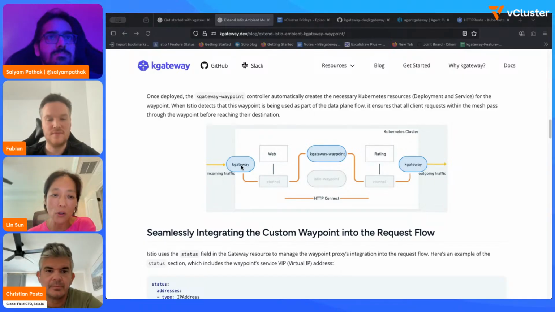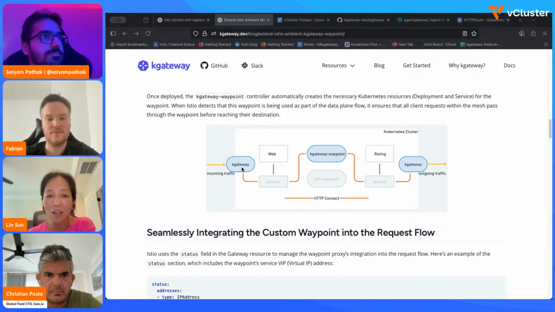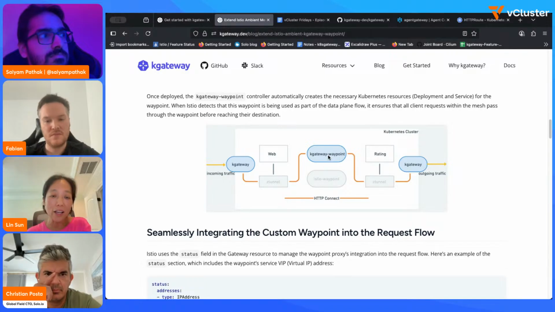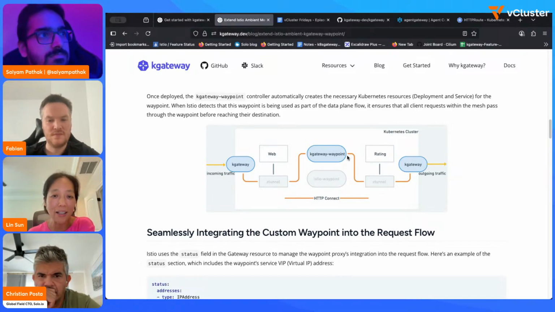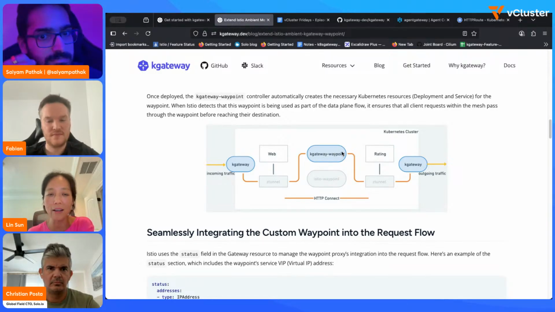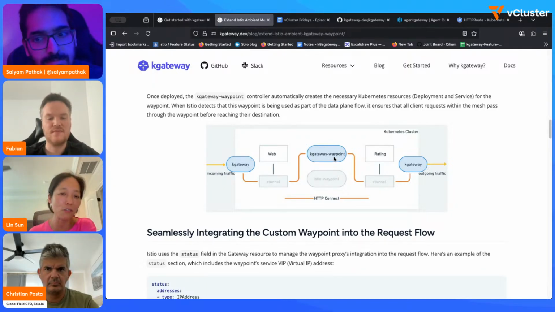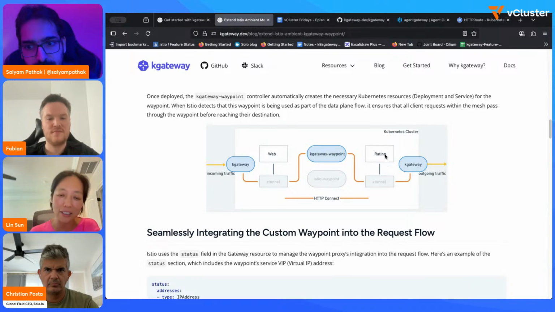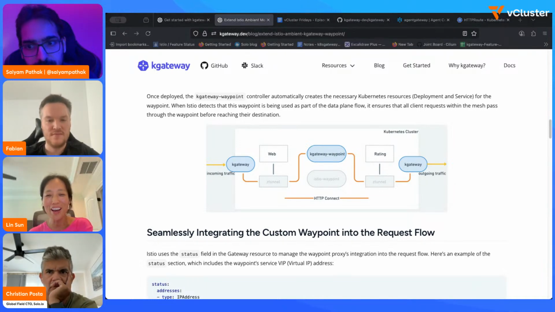So not only can you use kgateway as the ingress for mesh traffic or egress for mesh traffic, you can also use kgateway as a waypoint proxy in Istio ambient. We recently implemented all that in the kgateway project, where the zero trust tunnel can recognize that the waypoint proxy is kgateway instead of the Istio waypoint, and automatically route the traffic to the kgateway waypoint before forwarding to the final destination. So I hope that helps.